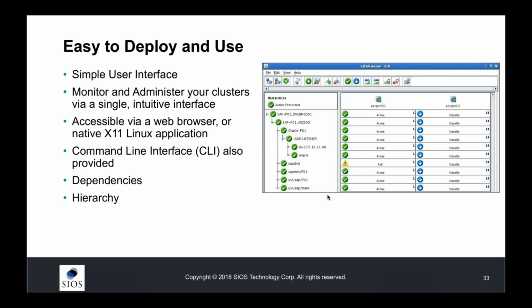This is your first hint into the user interface. In this case, I have an active host and then a standby host. This is not an active configuration. It could be, because you could see from the hierarchies in the image that these are not necessarily all connected to every other resource. So some of these could be hosted in other hosts, but that all depends on the